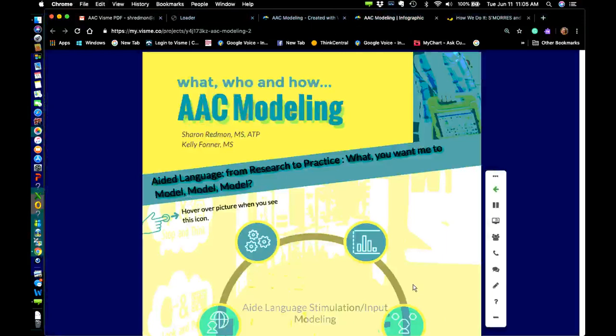At the end, it will have email and websites that Kelly and I will put up for you to link to. Another housekeeping note: if you want to go back into this interactive infographic to get information, there's a small handprint with a pointing finger. When you hover over the buttons and icons, it will usually take you to an outside website or bring up more information. So that's a tool to use while we're going through this.